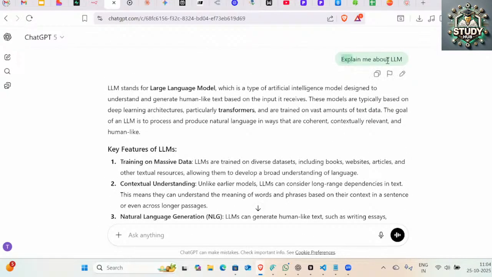So what is happening at the back end now? You have to decipher it. You have to think of the black box, because you ask something and you get the output. But the question is how the model understands what I need in order to give the answer. If I ask something like explain me the 7 P's of marketing, it will give me the answer about that.